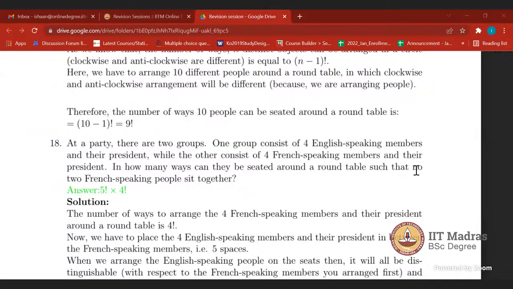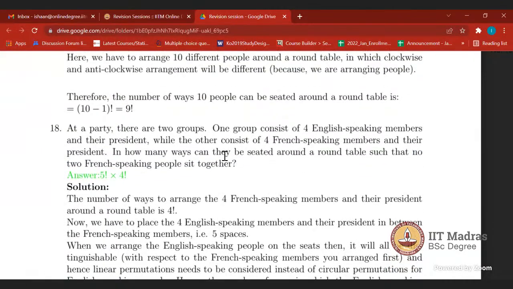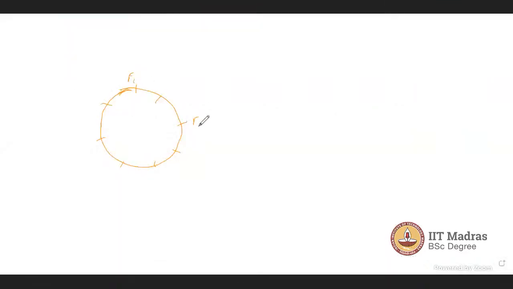Condition that no 2 French-speaking people should sit together, right? So what we will do is we will first place these 5 French-speaking people, right? We will arrange them in circular permutation, which we can do in 4 factorial ways. Suppose these are the French, F1, F2, F3, F4, and F5, right? Now, in between them, we have these 5 places, right? So we can arrange the English speaking members in 5 factorial ways,